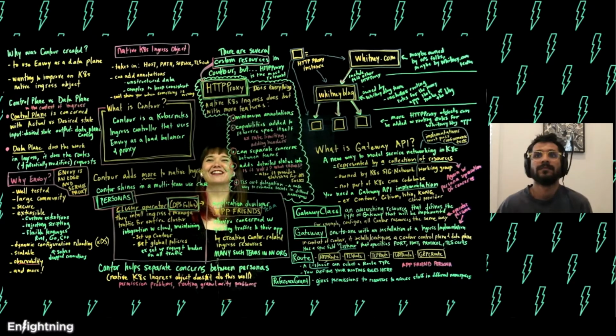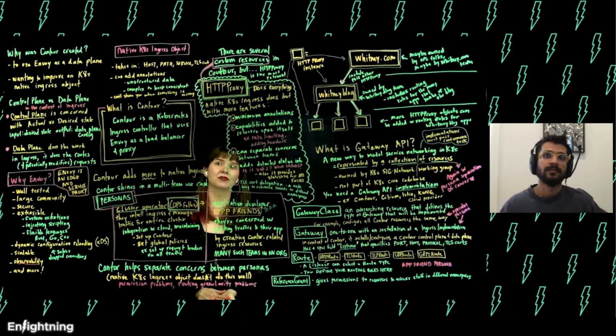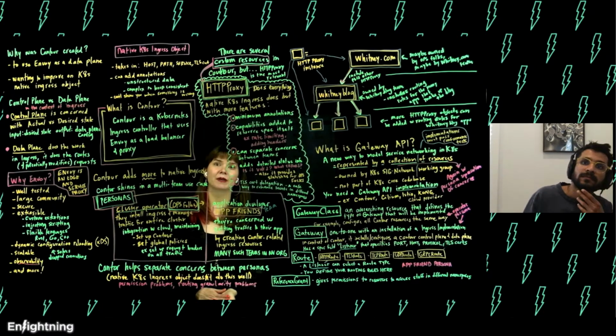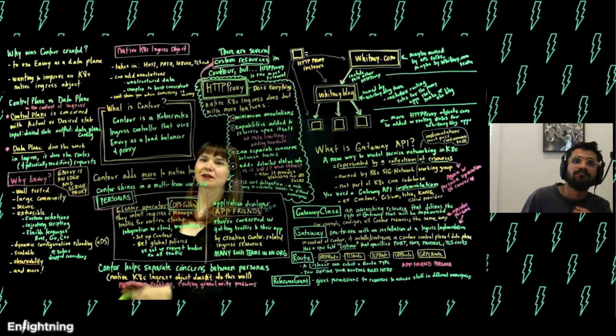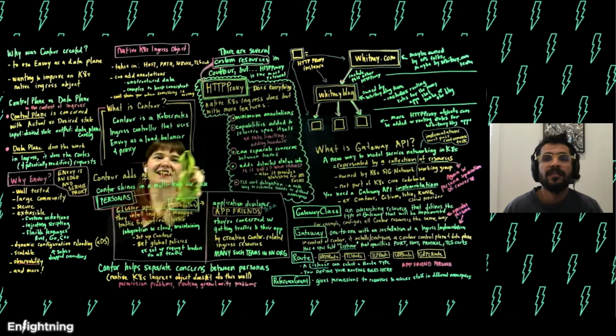So now we're finally at what is Contour. Contour is a Kubernetes Ingress controller that uses Envoy as a load balancer and proxy. I almost feel like we should mention in this definition that it also offers some additional features above and beyond the native Kubernetes object, because this definition doesn't capture what we talked about with HTTPProxy. What do you think about adding that? Yeah, that sounds great. I think you stated it very well. I was trying to say that earlier, but the way you said it right there was perfect.